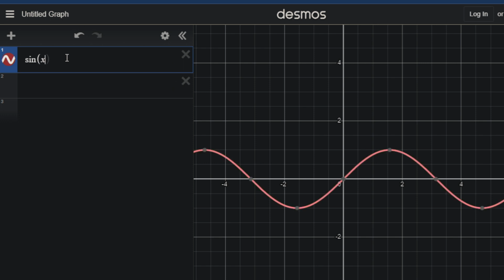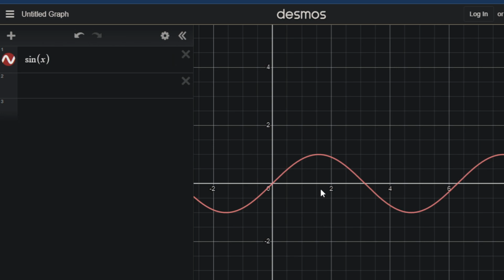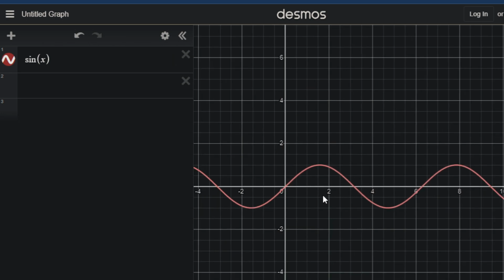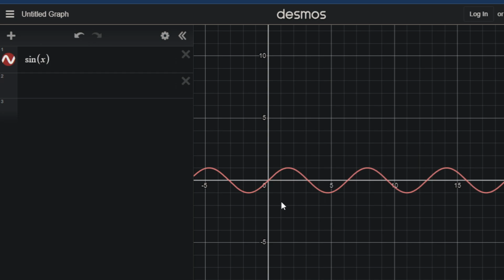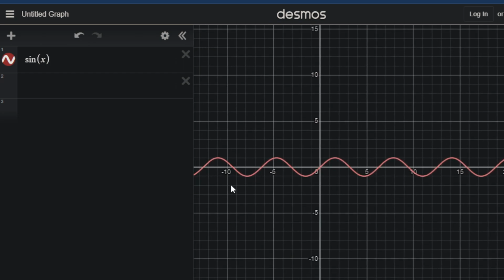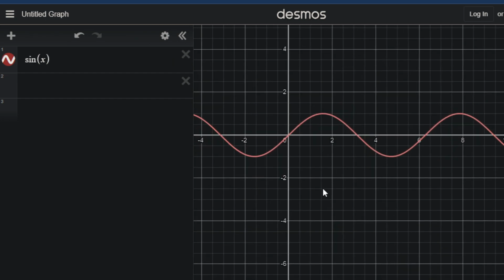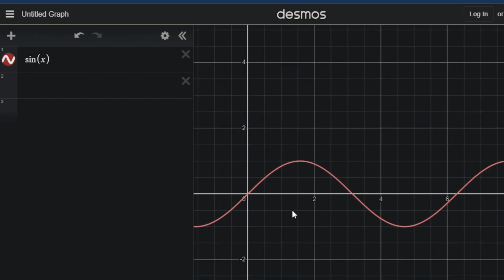Sine is kind of like the default function that we like the most, so this is usually the one we look at first. Notice the unique shape of this graph. If we zoom out, it looks like a wave, right? It's going up and down and up and down, and we can kind of see